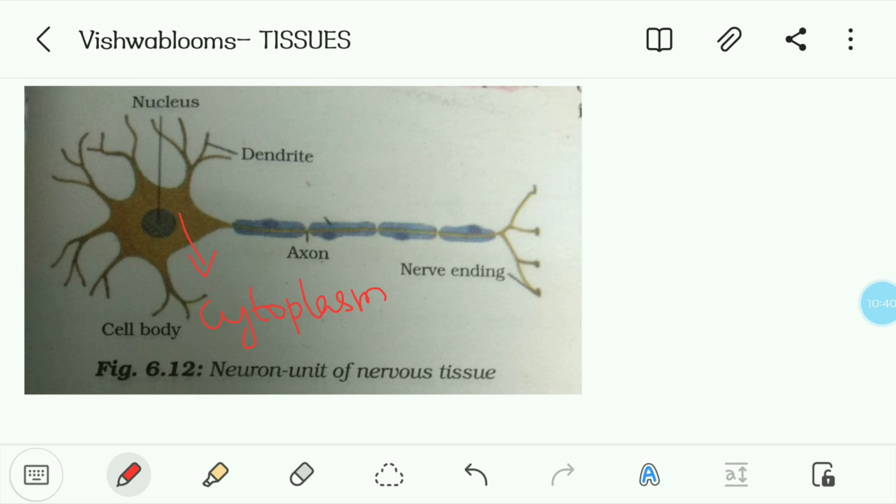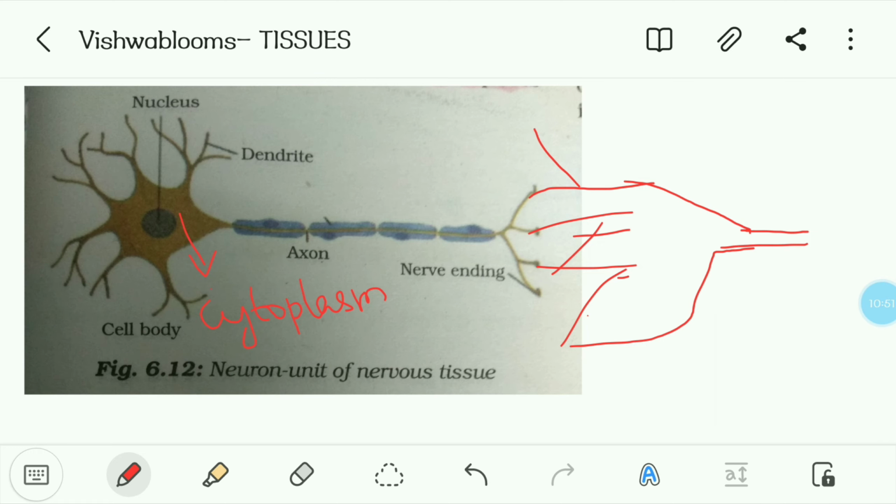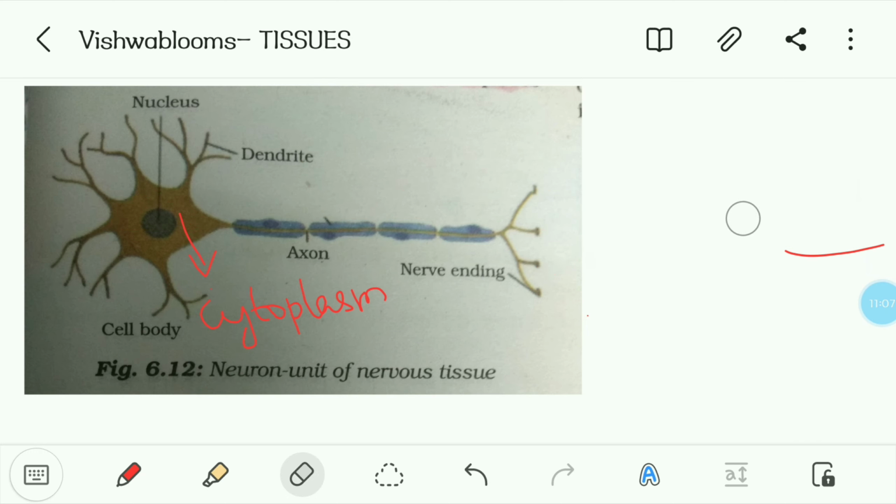It will be in such a way that these nerves are there, right? With that it will be connected. And again, one axon will be going here. One axon line is there, right? And then it will connect to other nerves again. Okay, again this part will be there. In this way, it will just keep continuing. It is 1 meter, right? Very long. Okay. So that is how this neuron unit will be there.